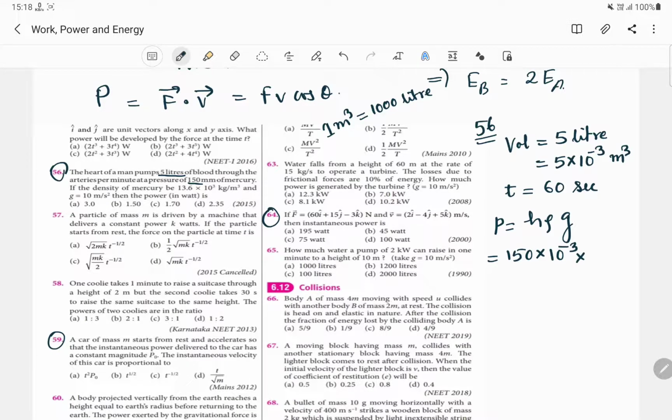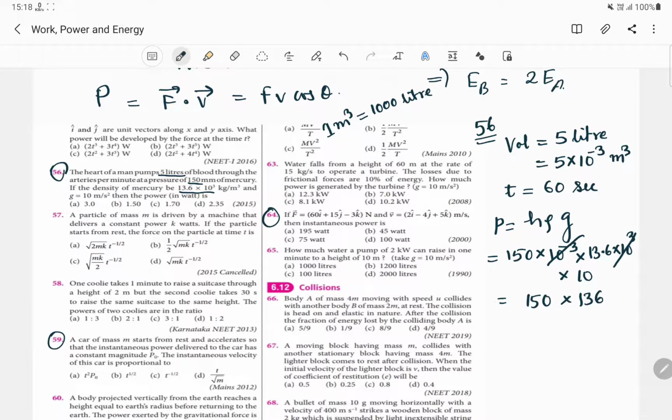Density of mercury is given as 13.6 into 10 to the power 3, into g, the value of g is taken as 10. After simplification this 10 to the power 3 and 10 to the power 3 will get cancelled out, and we will be having 150 into